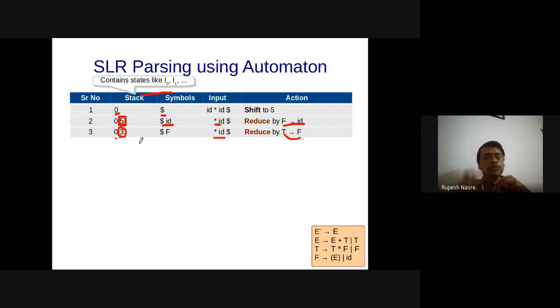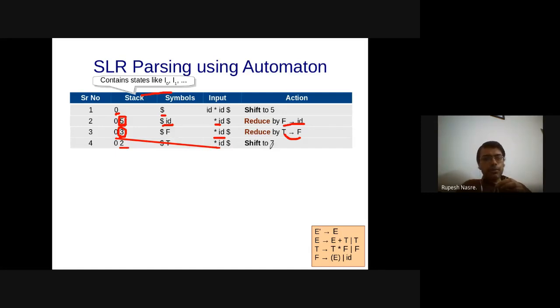From 0, I'm going to go to wherever the transition on T occurs. Right? So that is going to be our state T deriving T dot and so on. So that is probably going to be 2. Okay. At this stage, let's go back to that, and there is star here. So therefore, no reduction is going to be happening here at this stage, and the star input is going to be the next input. On star, there is a transition from state number 2